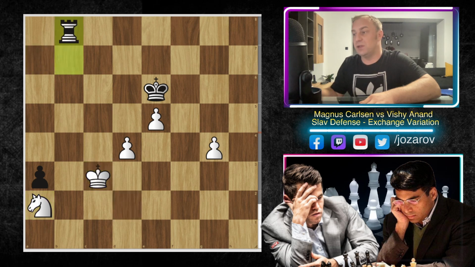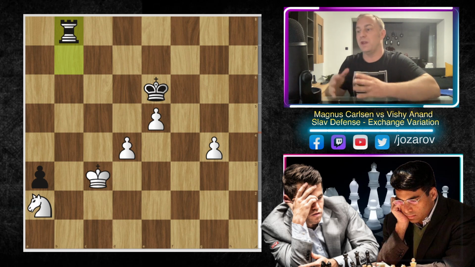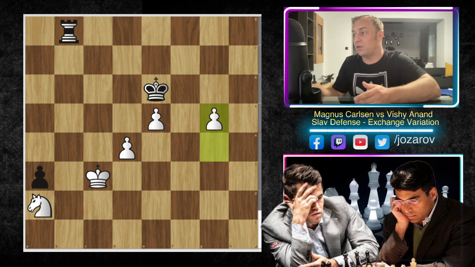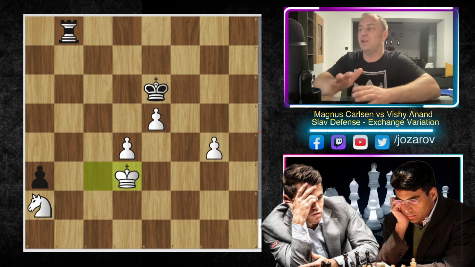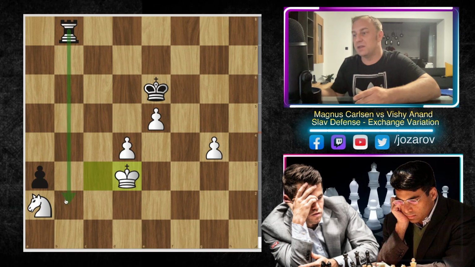We have king to c3, and now Vishy Anand plays sort of a Zugzwang move, basically forcing Magnus Carlsen to make a move in order to maybe get this king more active. Here in the continuation we have now g5, which wasn't the best move. Probably Magnus Carlsen should have played sort of a repetition, but still this is a risky choice. Rook to b2 would then be the next idea by Vishy Anand.